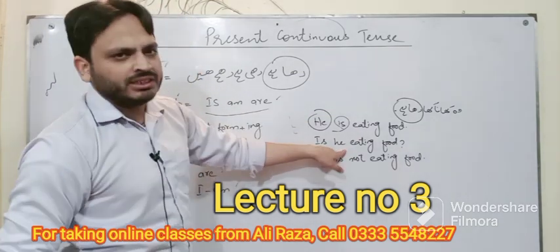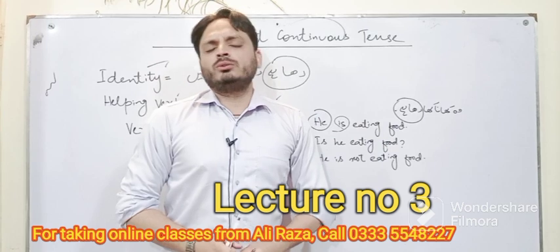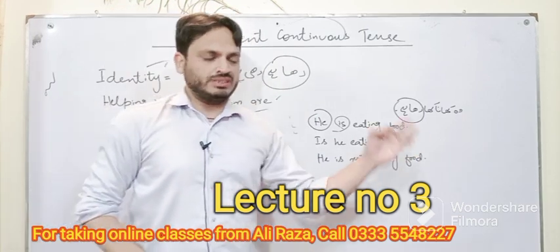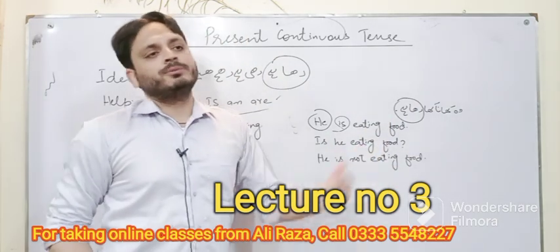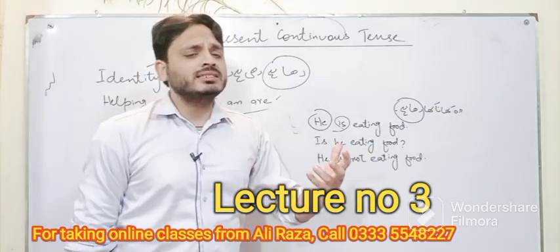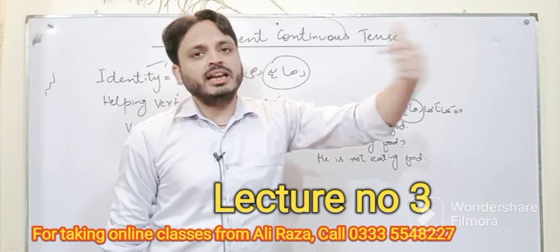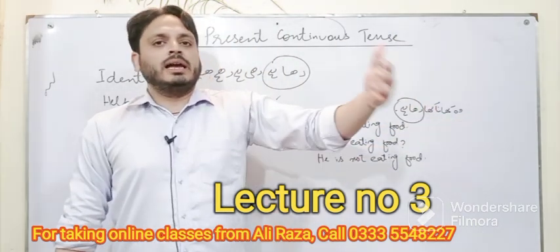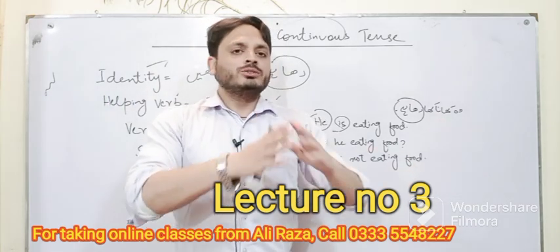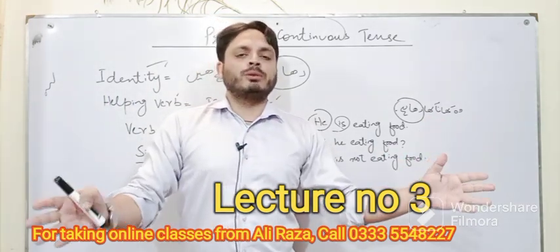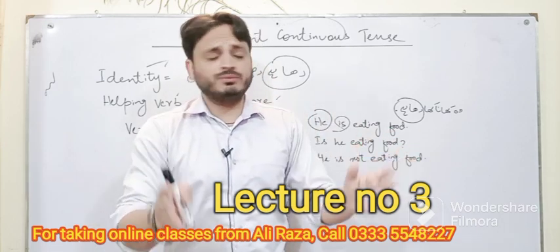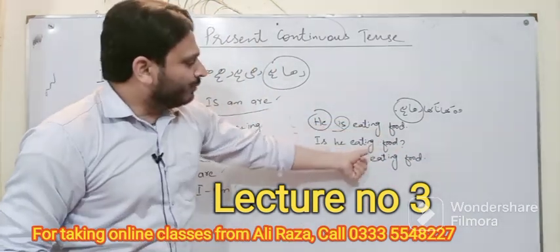For interrogative, it is very easy to make interrogative in English tenses. If you know the positive tense, then it is very easy. How? If you have to make any tense interrogative, you have to bring the helping verb to the start of the sentence. For example, he is going, is he going? He has gone, has he gone? He will go, will he go? So it is a fixed structure for all the tenses, regardless of active and passive even. So he is eating food, is he eating food?